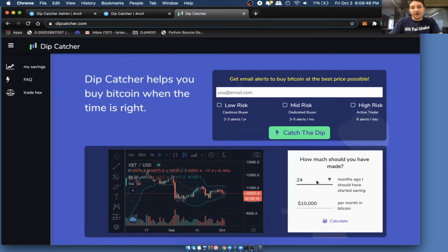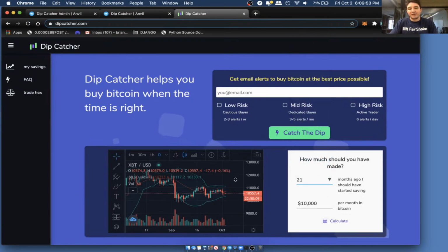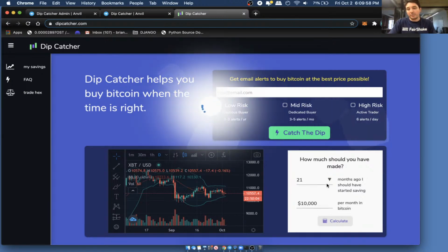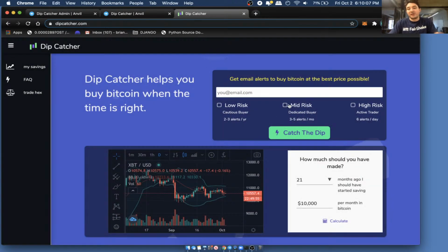So far I have this kind of ragtag calculator that tells you if you would have been buying Bitcoin every month over the past 21 months, it'll show you what you would have earned. So I want to make this a little bit more rigorous, a little bit more accurate as far as what the performance of this algorithm is. So we're just going to build out a simple view of what the performance is of the algorithm,